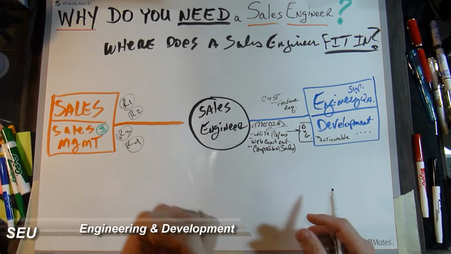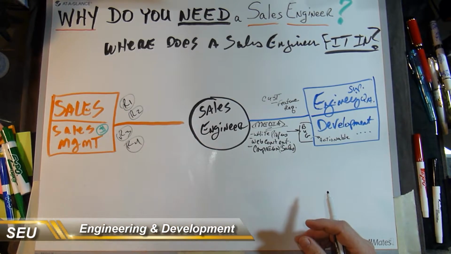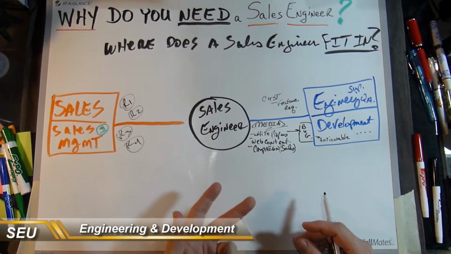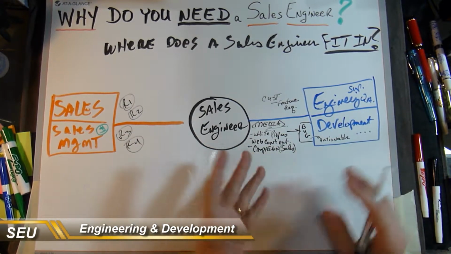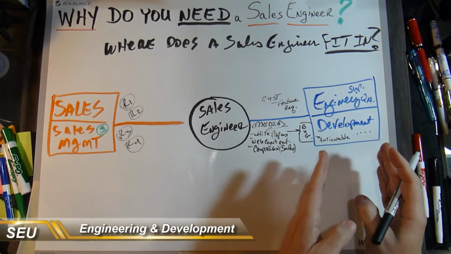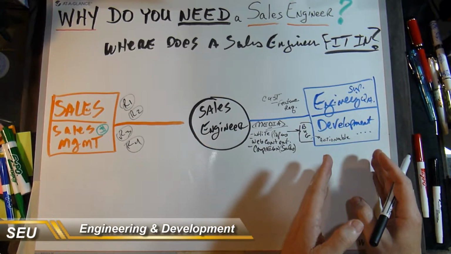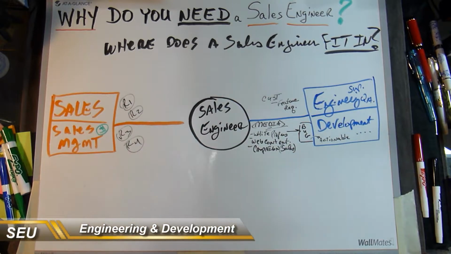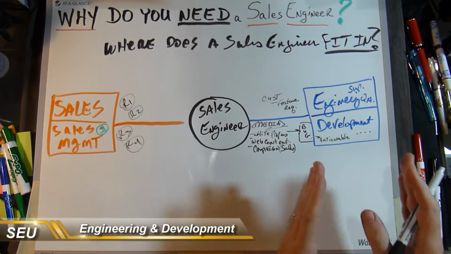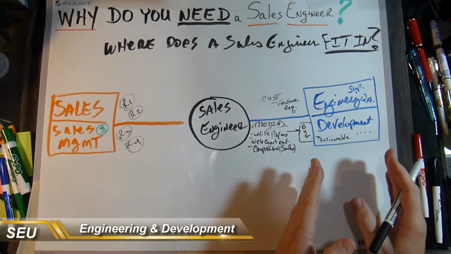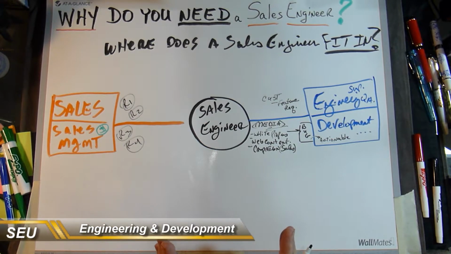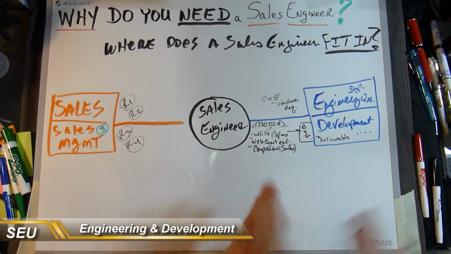Engineering gives us that with what's called the stoplight report, the roadmap. Your product development manager, which we'll talk about in a second, your PDM, is the one overseeing all of that, and making sure that everything is done on time and that we're spending the right money developing the right features and components for our products that are going to sell. Because let's face it, engineering should be doing things based on a project basis. Sales would come to, and again, we're a sales organization now. We're focused on the dollar, not the technology.